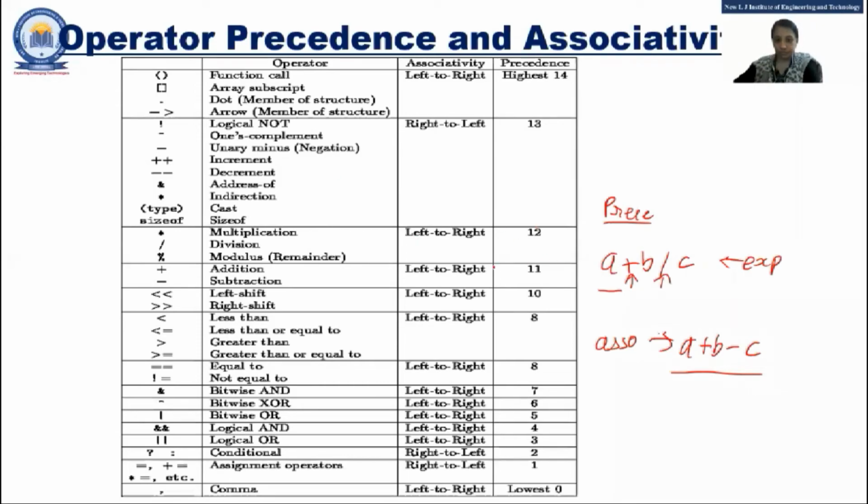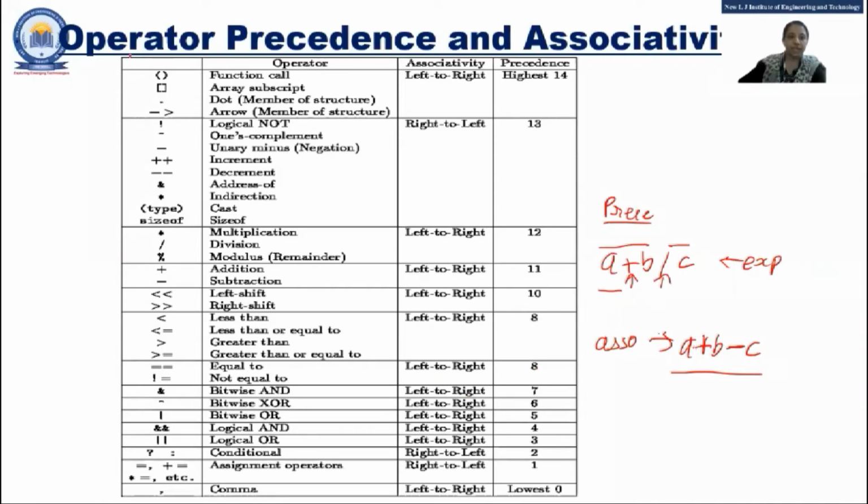You can see here, if I do plus first and then division, the answer will be different. And if I do division first and then addition, the answer will be different, right? Associativity: there are the operators plus and minus, different operators, but they have the same category.